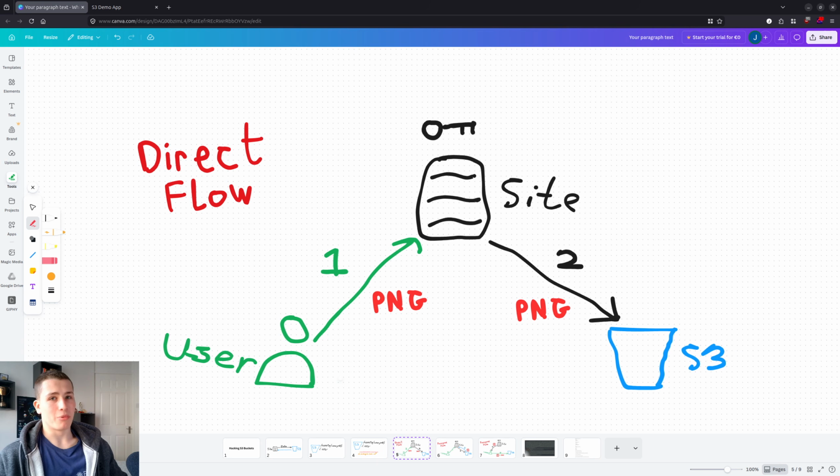That's about as simple as it gets, right? So the user doesn't even interact with the S3 bucket. The user might not even know the S3 bucket exists, or maybe they don't even know that the server uses S3 for this in this case. And this is kind of stupid. Why is this bad? Because it defeats the purpose of S3 to begin with. First, you've introduced all the file upload vulnerabilities by allowing the user to upload their own files, and two,